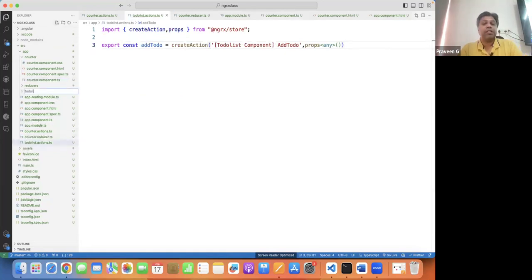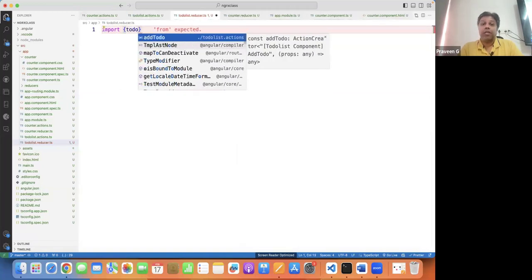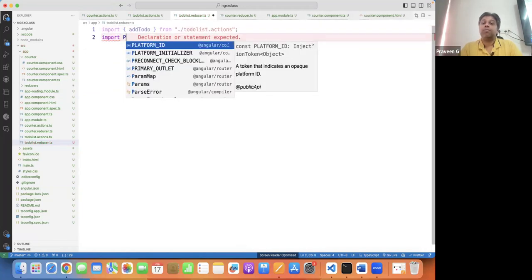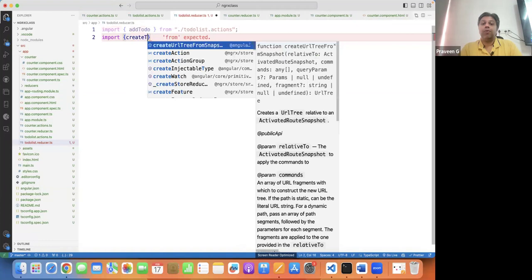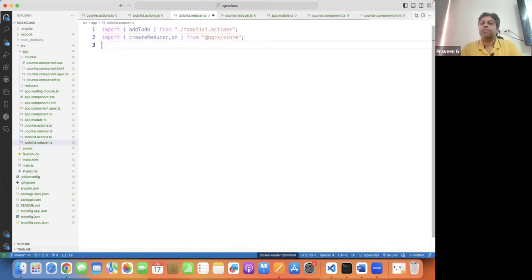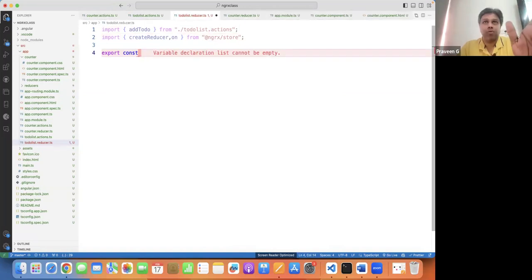Then to-do list dot reducer dot ts. So in this to-do list dot reducer dot ts, first things first, import to-do list reducer, add to do action, import create to do, create reducer, comma on. Export const. Let me have some default to dos to show in the list. So const